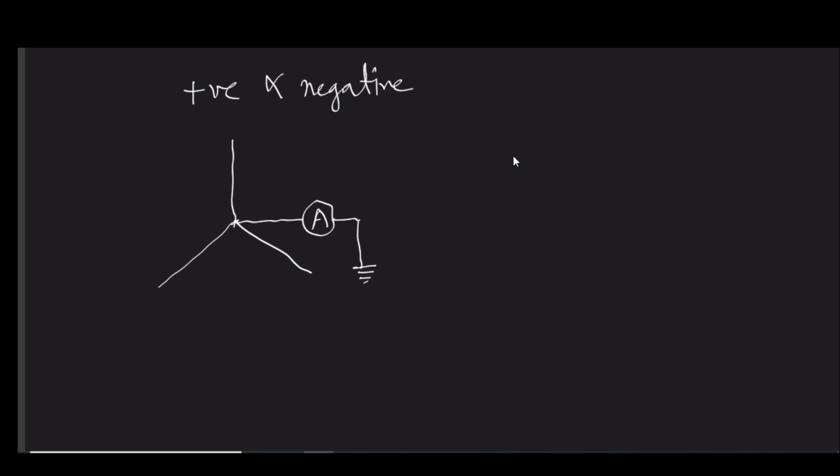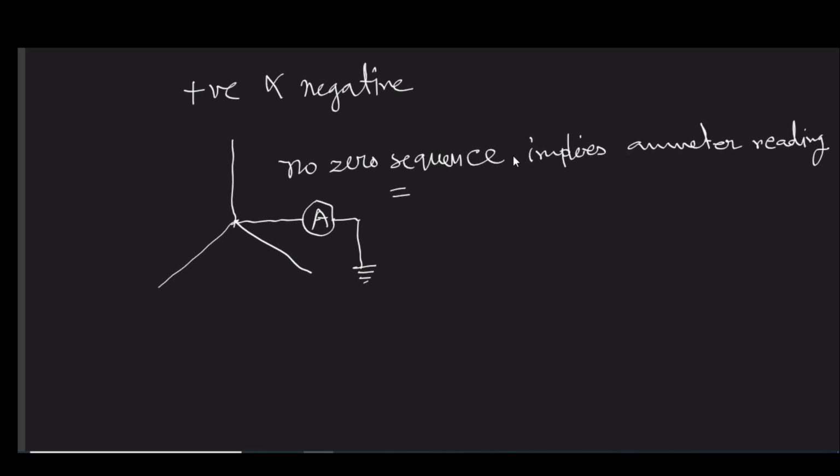If no zero sequence component is present, this is quite natural, because whether you have positive or negative sequence phase current,